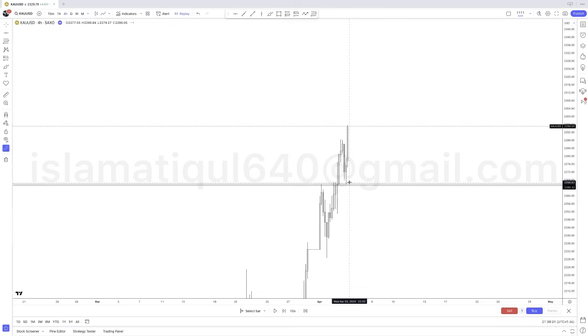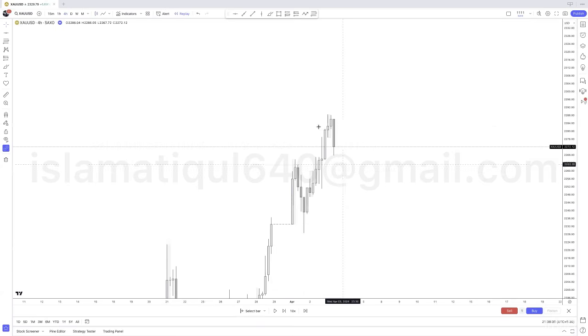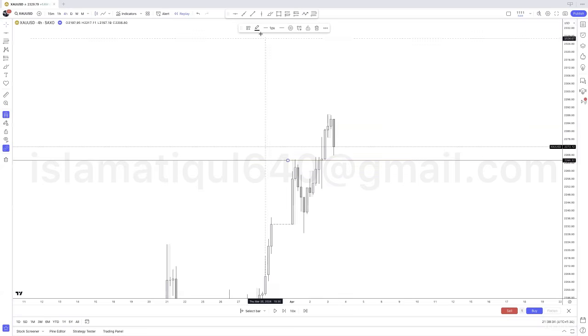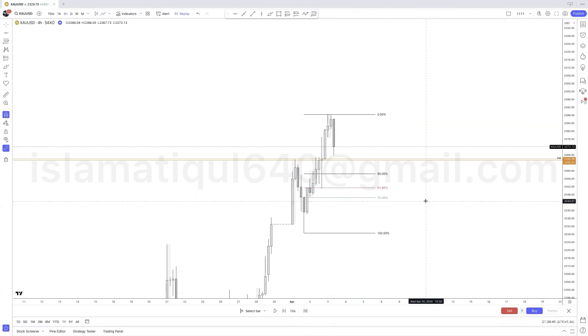Now, in this example, I know that this right here is a strong level. We know that this is a strong key level for us to look into because we have the H4 previous market structure high here. We have two rejections here. That is perfect. But if I draw my range, let's say from here to here, it's not at a discounted price, right? It's not at a discounted price. So